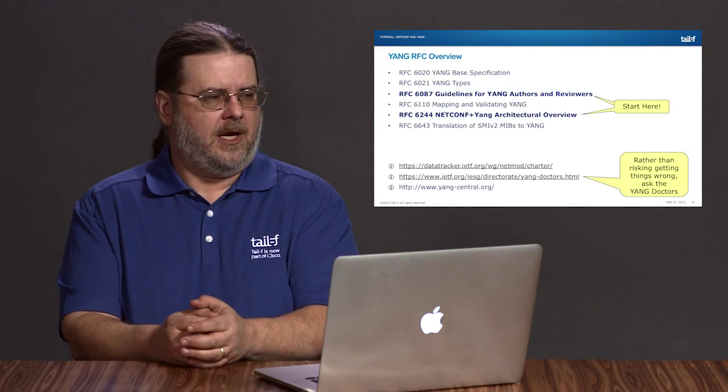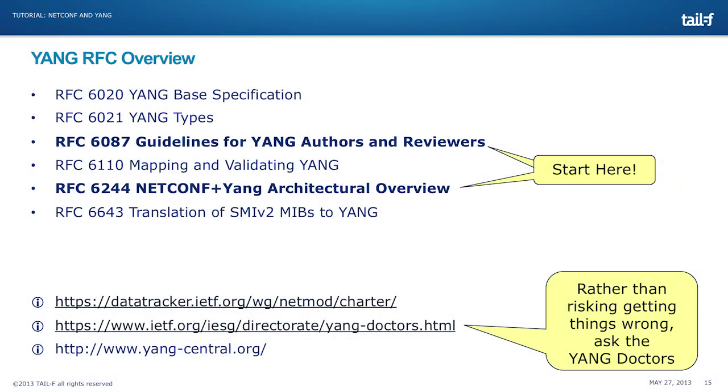In terms of YANG, the base RFC for YANG is RFC 6020. That's the base specification of the language. It's a very readable RFC, very easy to understand. Then we have some certain things. RFC 6087, 6244 are good places to start in your reading of RFCs because they give you architectural overview of how NetConf and YANG is applied for network management. They give you guidelines for